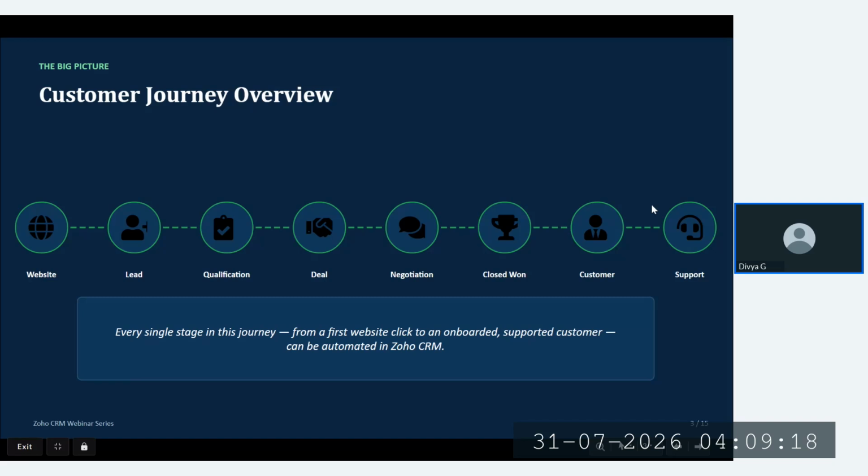Okay, the next slide is the customer journey. Let me take a name from the people who have joined this session, say Anand. I hope this screen is visible.